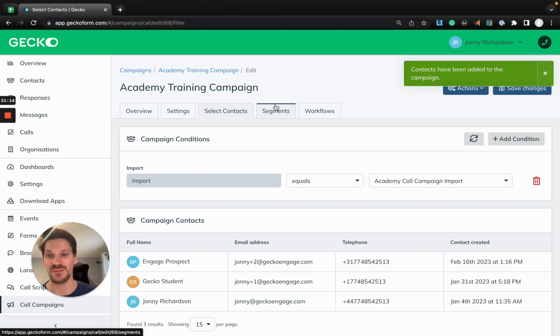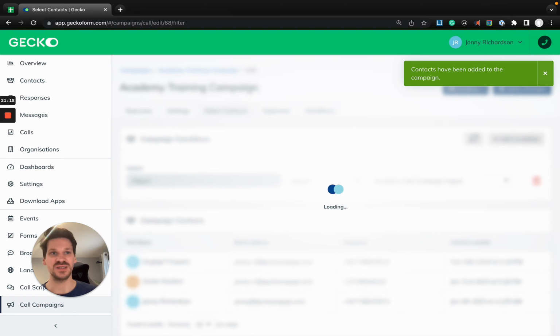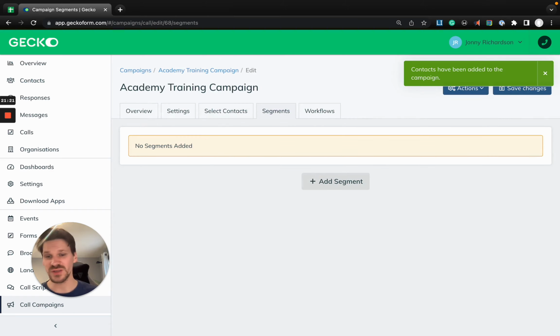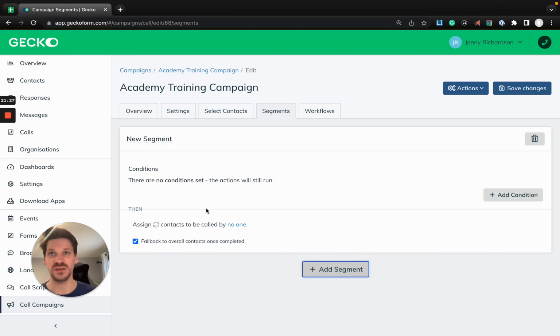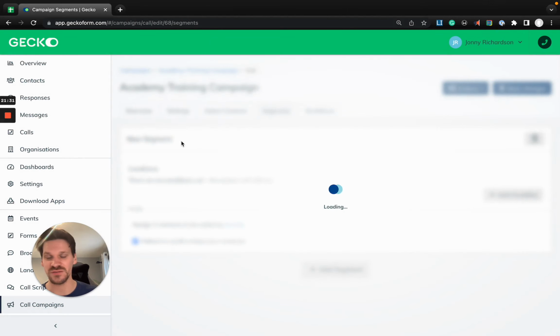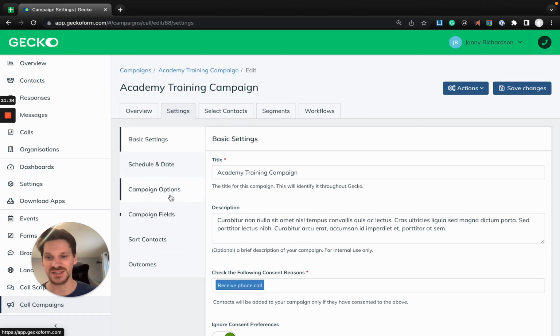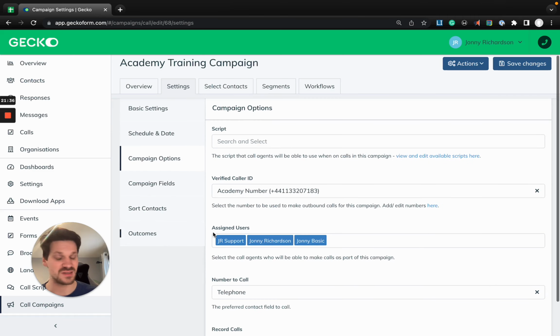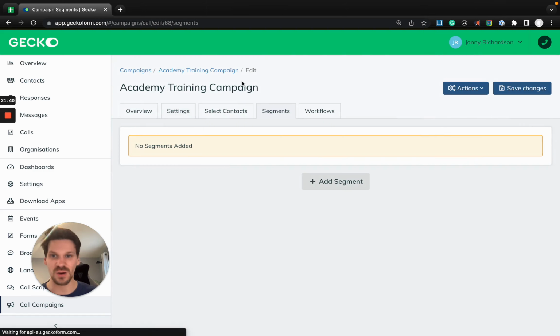Now, let's go over the Segments tab, which I think is one of the most important settings and one of the most useful for our campaign here. Segments effectively allow you to choose which of your call agents, that if you remember, we defined back in the settings, and we said in the campaign options, these are our call agents who are going to be making the calls. In select contacts, we said here are the contacts, and segments is where we marry those 2 data points up,